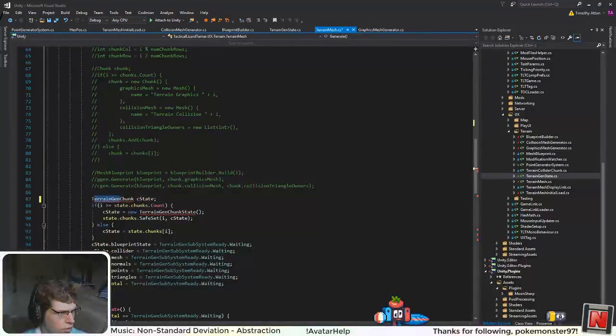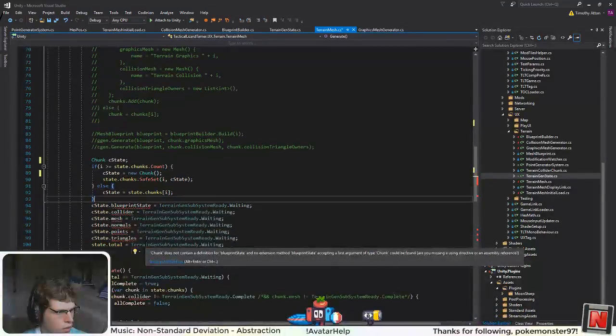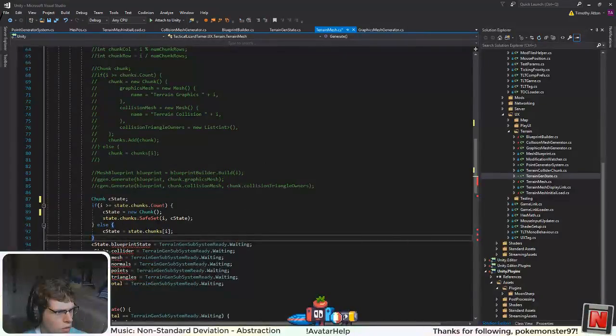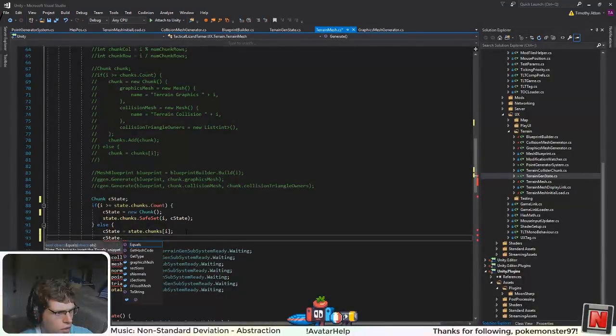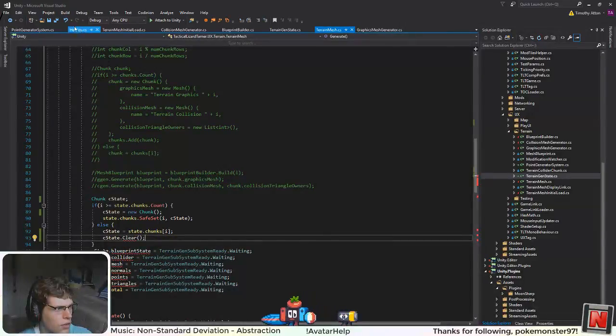Oh yeah, so I just changed this to chunk. Okay, so if it's redoing it for now, we'll just reset this. I'll just have a clear function. Doesn't exist yet, but